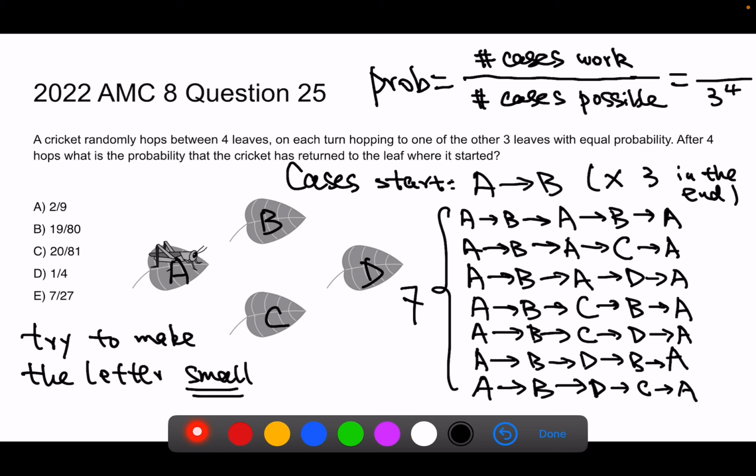Again, I know if I go from A to C, everything is symmetric. So I just need to multiply by 3. So I get 21 ways. And in that sense, my probability is 21 over 3 to the power 4, which is 7 over 27. So the answer is